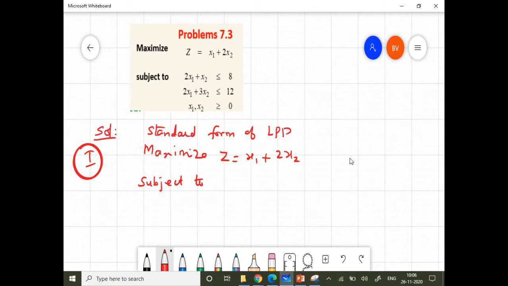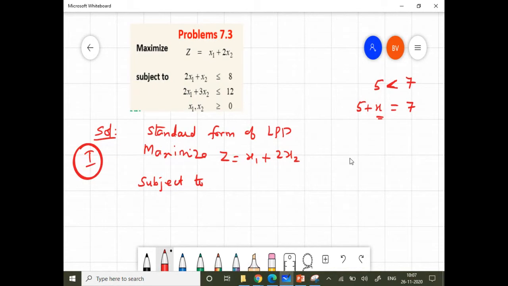So what to do when 5 is less than 7? How to make them equal? When there is an inequality, 5 is lesser than 7, how to make them equal? Add something to the left hand side. 5 plus x will make it equal to 7. And further we can solve and find what x is. That's not our purpose. How to make an inequality into equality? When it is a less-than inequality, add something to the left hand side so that both the sides will be equal, isn't it?